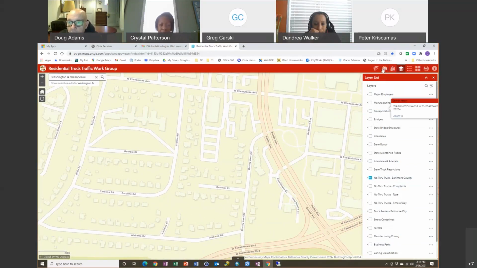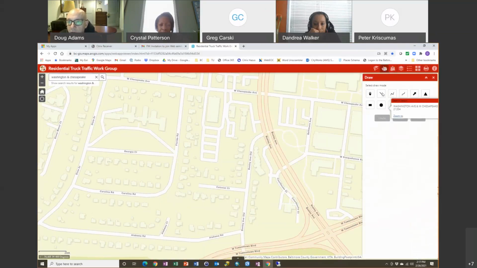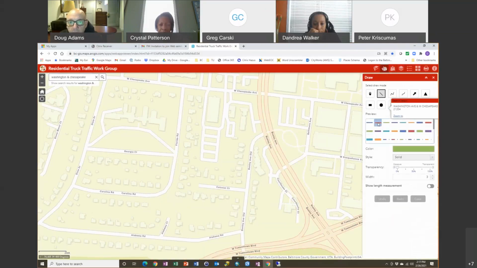And then if you wanted to send me a set of data, and you wanted to say, hey, Doug, I really think this should be a truck route, I can draw a line on here and then say I want that to be a truck route from here to here. You could take a screenshot of that and then send me that graphic, and then the work group in theory would consider that for future consideration. So you've got the ability to draw on here. You can't hurt any of what's here, so just have fun playing with it and go from there.